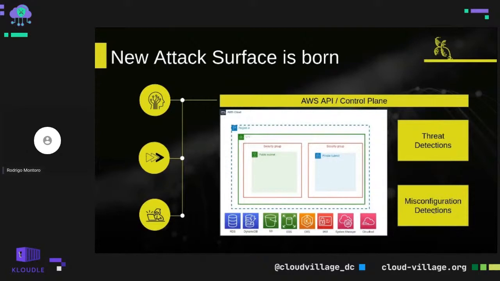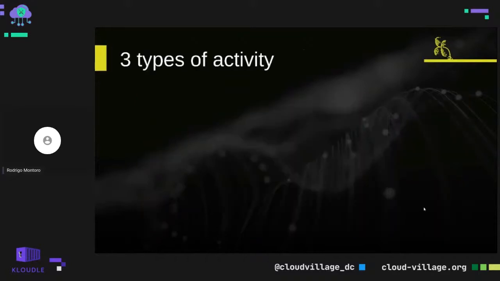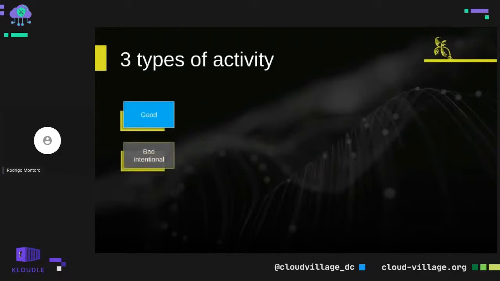That's where we are fitting our research. And there are three types of activities you could say. Those activities are the good, the regular guy doing good things, following the baselines, using the best practice, and so on. Then you have the bad intentional, something like you leak a key, and from the key you start to do things while you have access, like accessing some information, trying privilege escalation and other things.